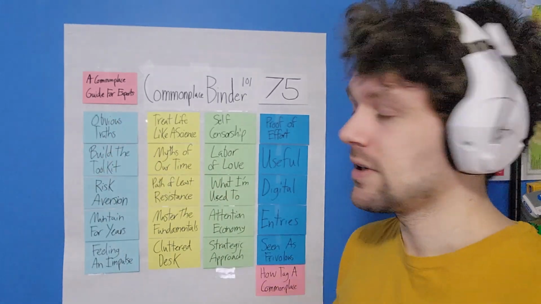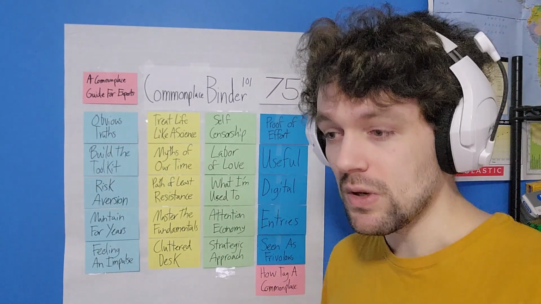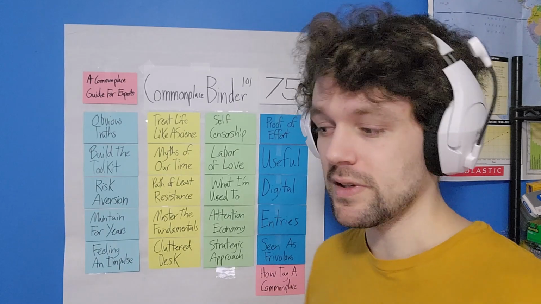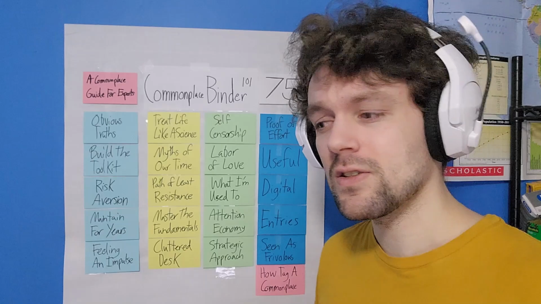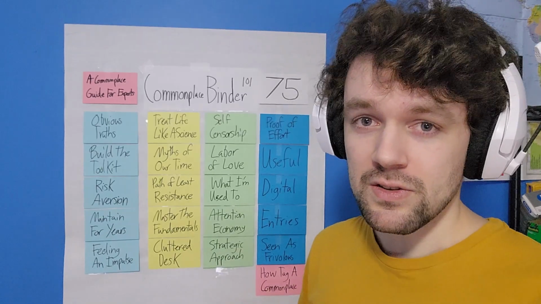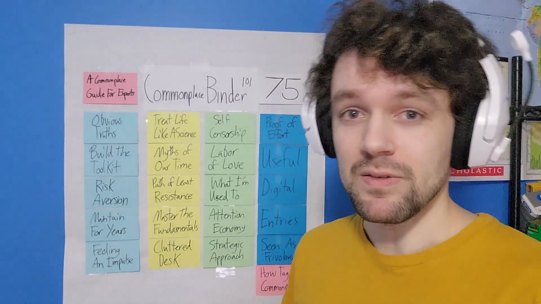But the obvious truths are the things that you want to write down, the things that you know are true, because just like Googling things to make sure that they are still accurate or up to date, it's good to just write down all the essentials to make sure that we have a backup.